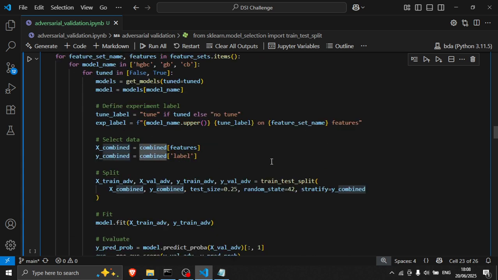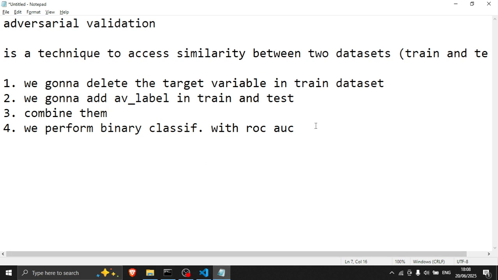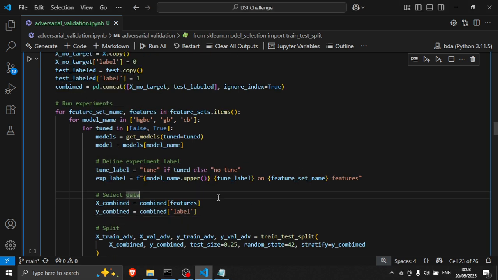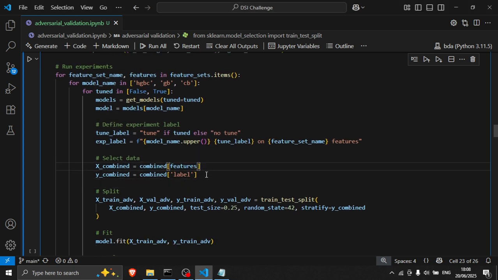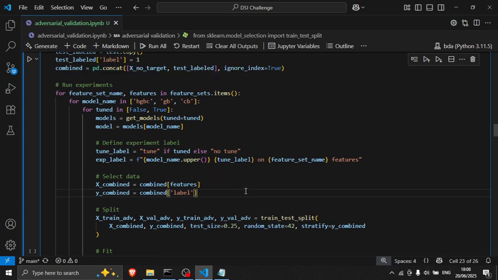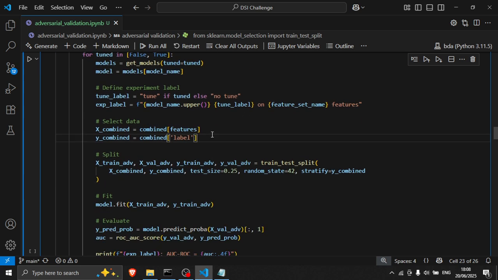Okay, number 4, the last, we perform binary classification with ROC AUC. Of course, when we want to do some modeling, we need to define the X and y.